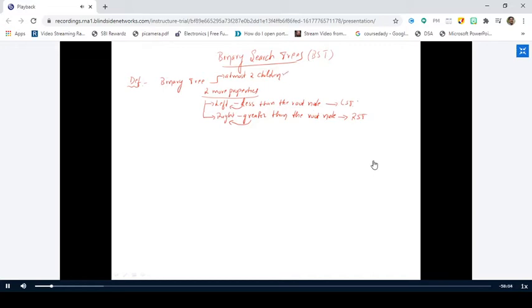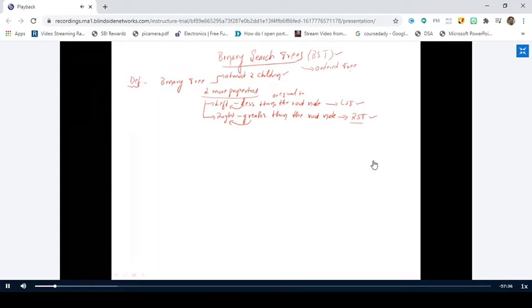All the elements less than the root node will be placed. Less than or equal to also you can place. Less than or equal to the root node will be placed as the left subtree, and all the elements that are greater than the root node will be placed on the right subtree. If these three properties are satisfied, then we call this tree a binary search tree. Is it okay? This tree is also called an ordered tree.